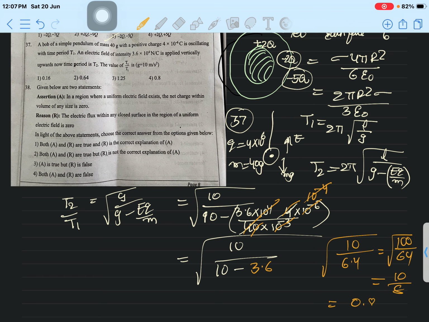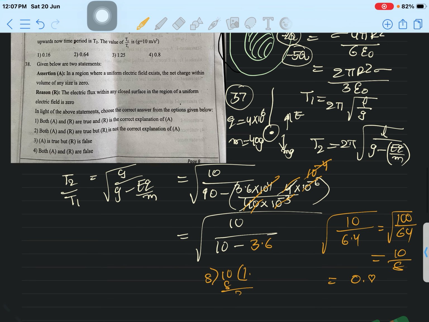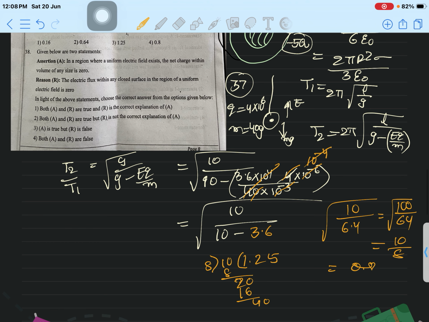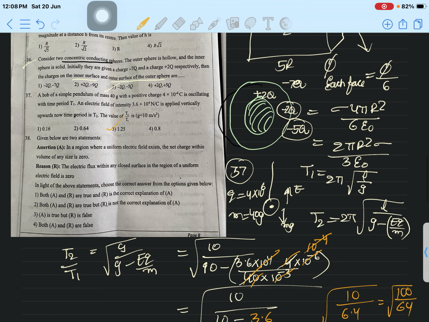10 by 8, 2 gets cancelled. 1 point, if you put 1 point, you can keep a 0. So 2 8s are 16, again 4 point with 0, so 5 4, so 1.25. So the answer is 1.25. Is that okay, sir? Third option. Okay, now